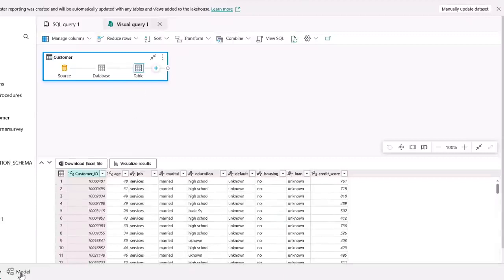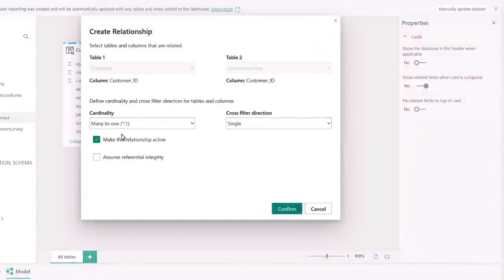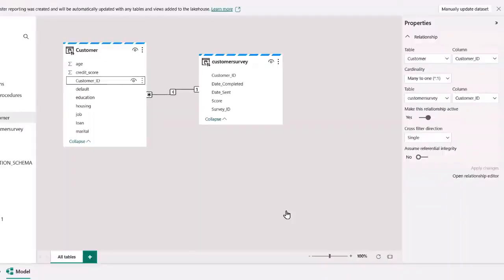From here, I can simply go to the built-in modeling view and start developing my BI data model directly in the same warehouse experience. I can easily create a relationship between my two tables, and by combining the data warehouse directly with Power BI, we're making it really easy for data engineers and business analysts to collaborate over the same data. And the cool thing here is that even roles that wouldn't typically use a data lake are now using one. So it's kind of democratizing the whole analytics experience.